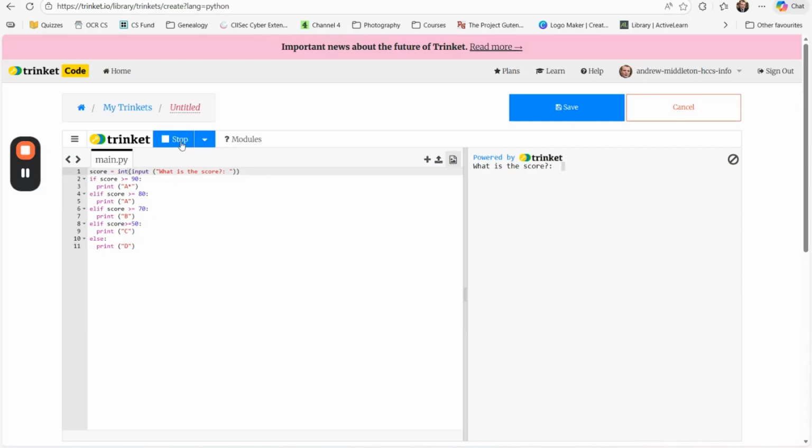press the run. So now if I did it, I've told it it's a whole number, and I put in my 85, I get an A grade, which is kind of what we expected. Or I run it and I put in my 60, and we get a C grade, which is kind of what I suspect some of you might have thought the first time around. Or we try it and we put in a 10,